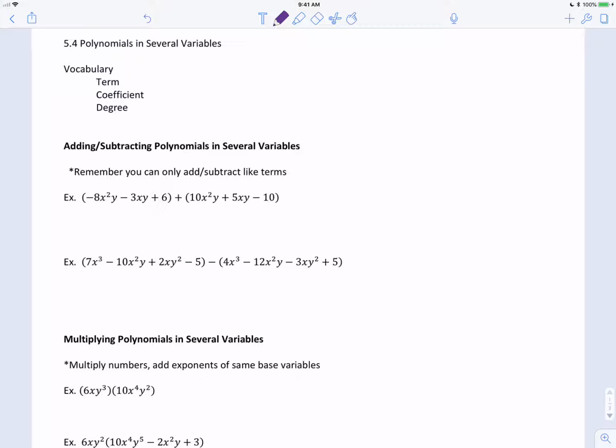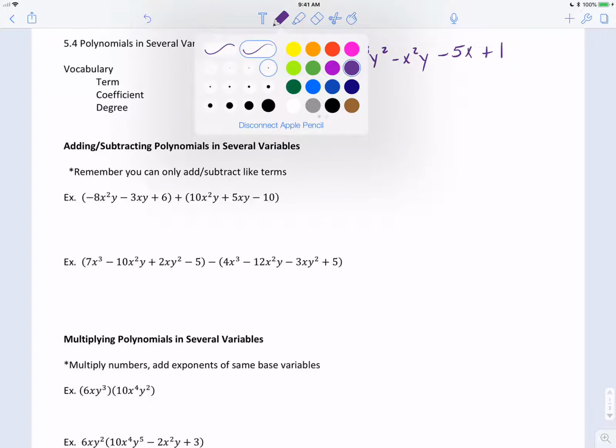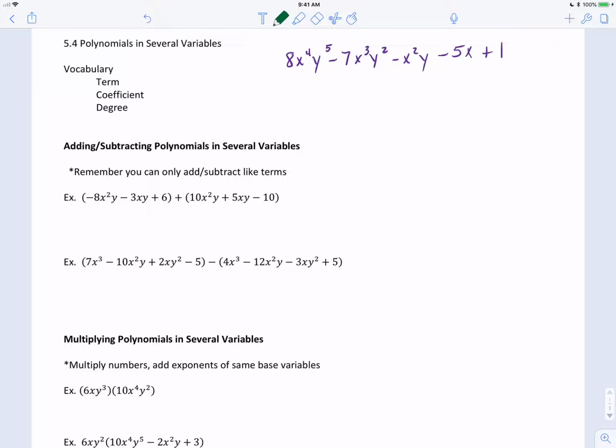I'm just going to put a couple of terms up here. So 8x to the 4th, y to the 5th, minus 7x cubed, y squared, minus x squared y, minus 5x plus 1. Okay, so notice how we just have several different terms in here. So we have x to the 4th, y to the 5th, and this one we have negative